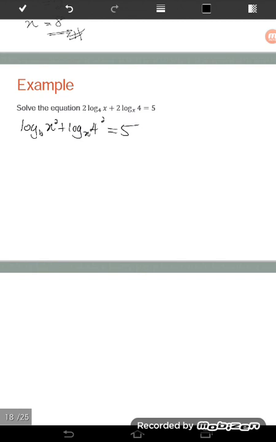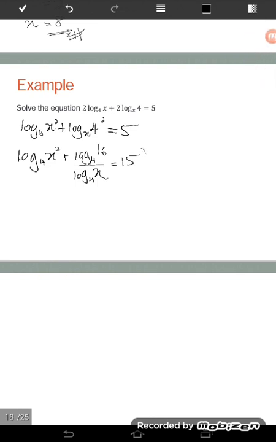5. Okay. So here is base 4, but here is base x. So what we need to do? We need to change the base of log. So you will have log 4x power of 2 plus log 4 power of 2, which is 16, divided by log x. Okay, so for this log x base, you can put any base that we need. Since here is 4, I put 4, which is equal to 5.